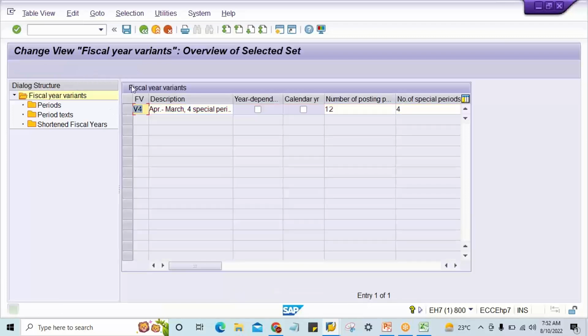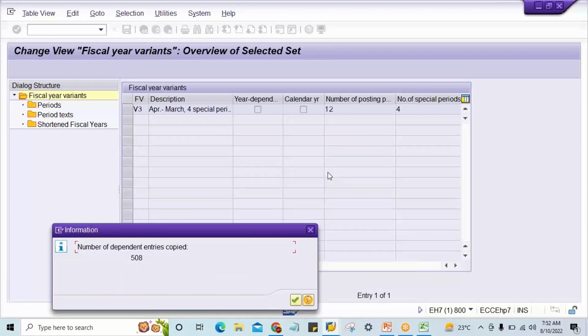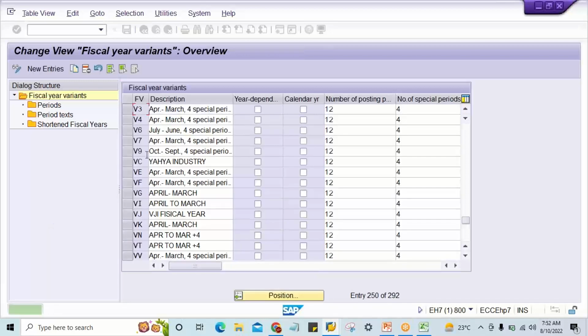Click on copy as, and then from V4 to which code am I going? So from V4 to V3 I'm going to give. Remaining all things will be the same, and press enter. So you have to say copy all. Copy all means everything from V4. It is going to be enter. So V3 is copied, and now if you have a look,